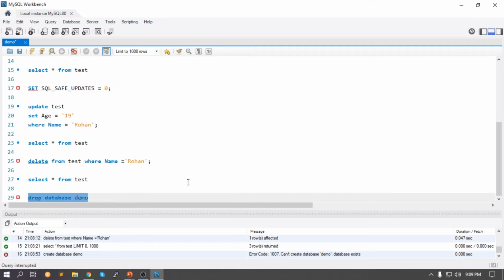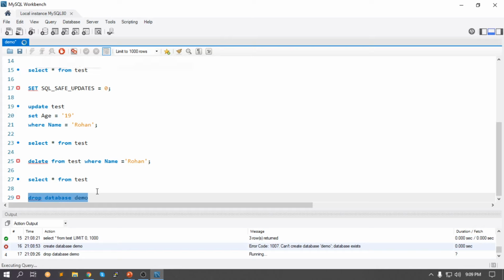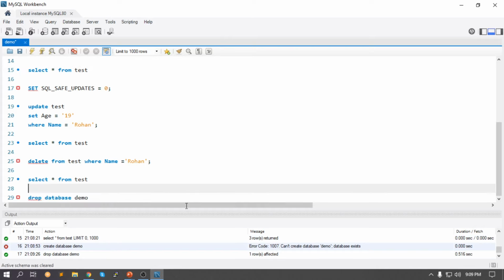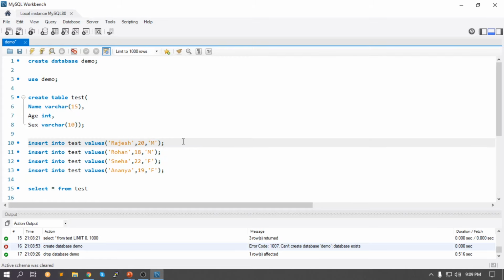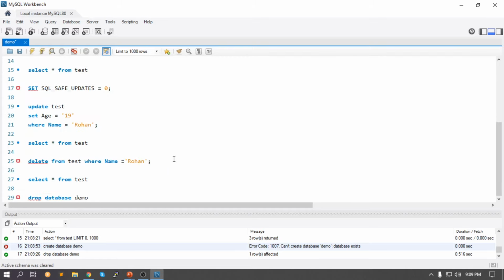And after you have done everything, if you want to delete an entire database, a database can have n number of tables. So if you choose to delete all of them, you can pretty much hit drop database followed by the database name, and done. It says 1 row affected, your database has been dropped. So whatever we have done until line 26 from now pretty much is deleted, guys. It is as simple as this, and you can understand the query because it is in such a high-level syntax that it makes it very simple for beginners to learn, guys.